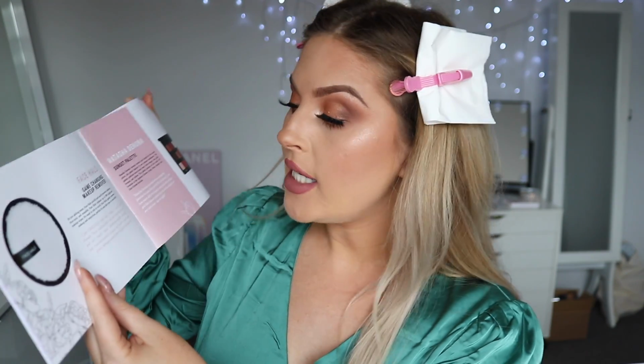which is the face halo. Oh my goodness, you guys know I am obsessed with this. This is how it looks right here. This is a makeup remover, and this single one will last you how many washes? I forget how many uses they say. The face halo will replace up to 500 single-use makeup wipes. It's better for the environment, it's recyclable, it's non-toxic, you can reuse it and reuse it and